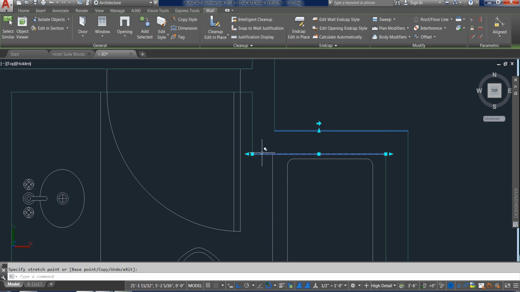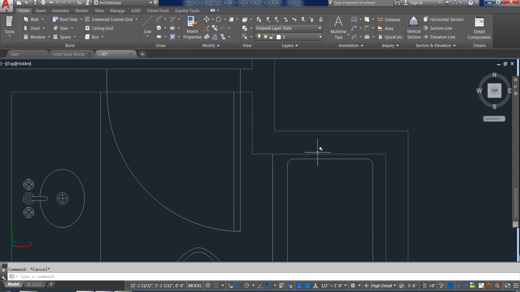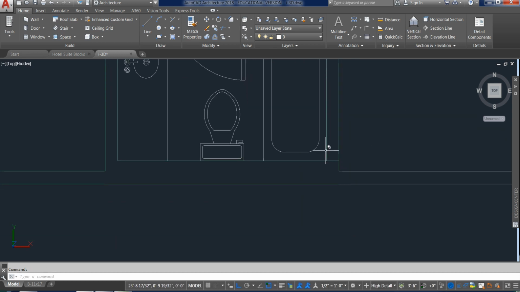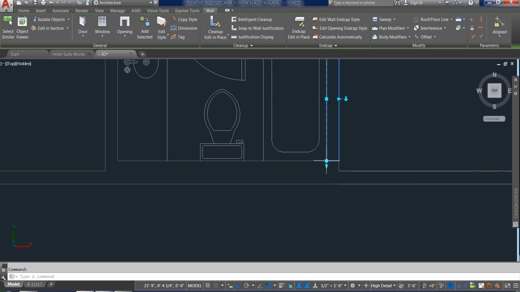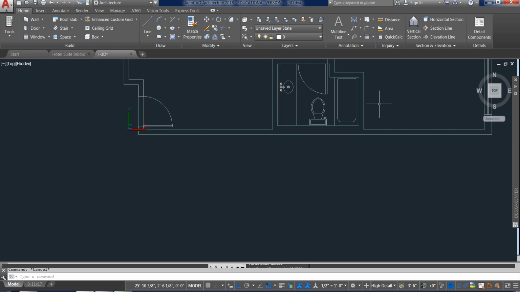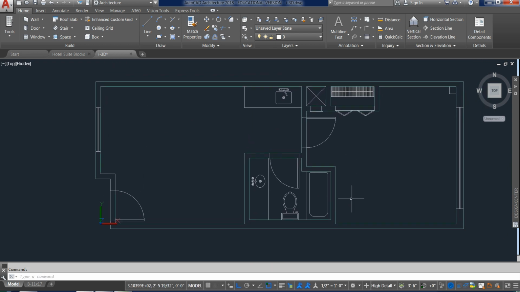So I simply dragged the wall all the way over to meet the other line work, and then it got a little happier and connected itself there. And I see this one's kind of doing the same thing. So maybe if I bring it down, then it does connect and that line went away. So the 3D tools can be finicky. It's important to practice a little bit and just to get a feel for how everything works. So we'll go ahead and put in the doors, and then I'm going to take this XREF out so we can kind of see what we're doing.